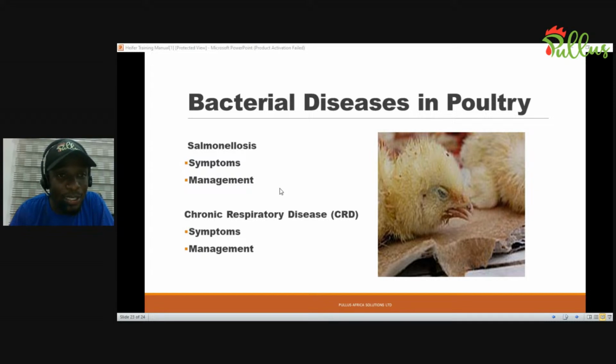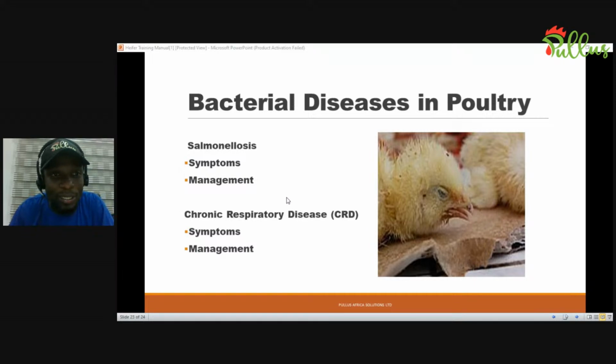If you are treating this problem, meanwhile, your birds are in a very dusty environment, it will be very difficult for this problem to go easily. If you're also managing this problem, it happens that they are not having very appropriate ventilation, and probably you don't pack your litters at the right time. So maybe ammonia is gathering, and they keep sniffing it, and it keeps hurting their respiratory tract. That could also exacerbate and make this problem worse.